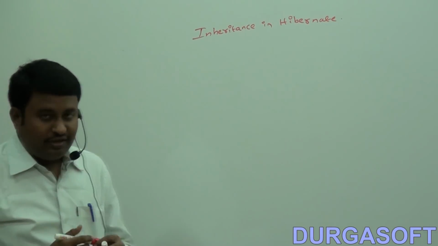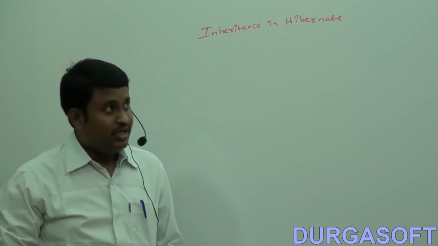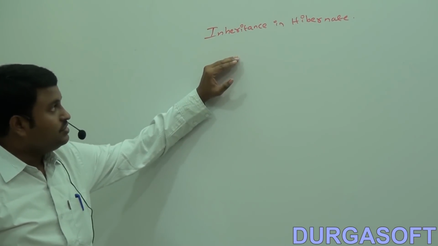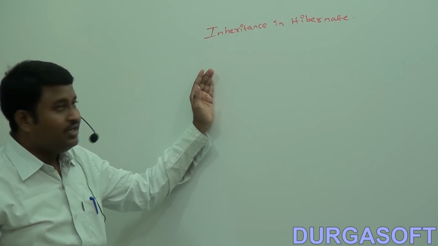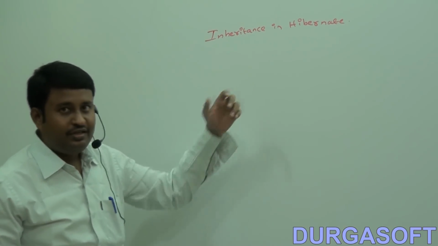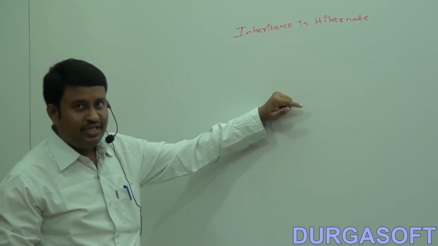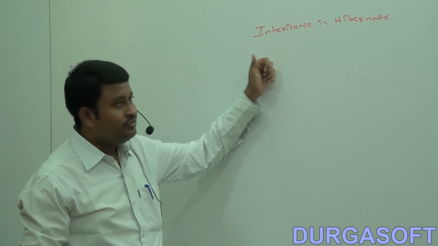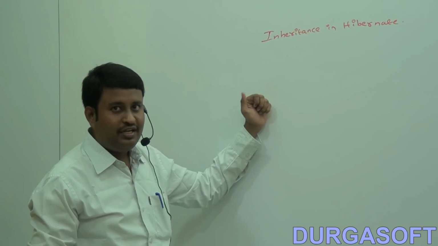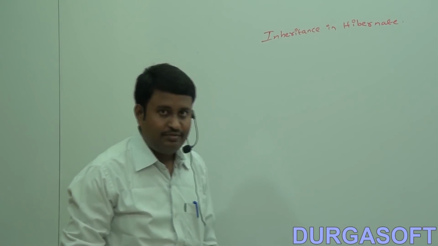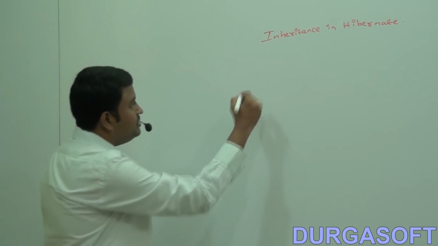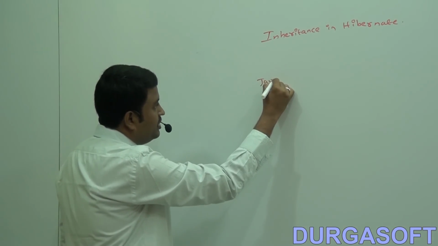This feature is not available in JDBC, but through inheritance we can save both parent object and child object into a database. While saving a child object into the database, Hibernate saves both the parent object and the child object. See, in Java we have two types of inheritance: